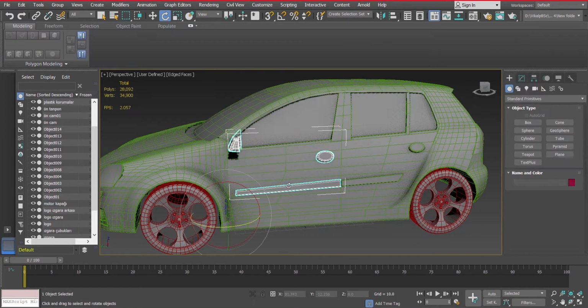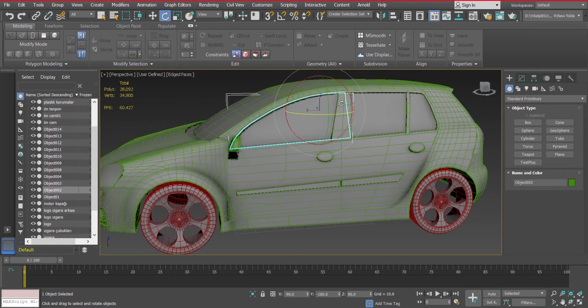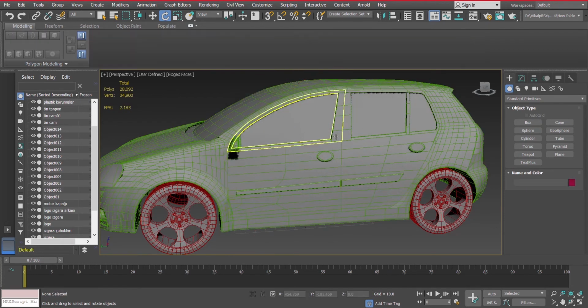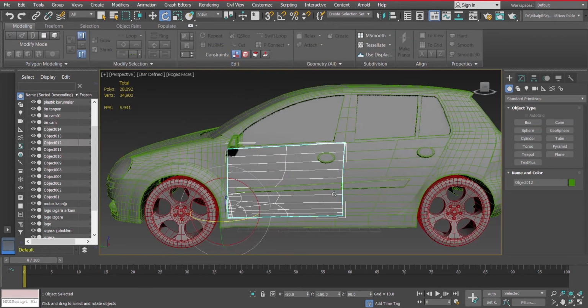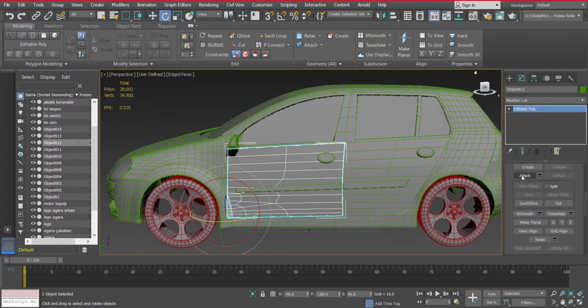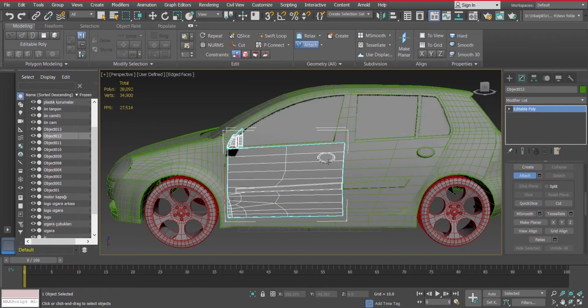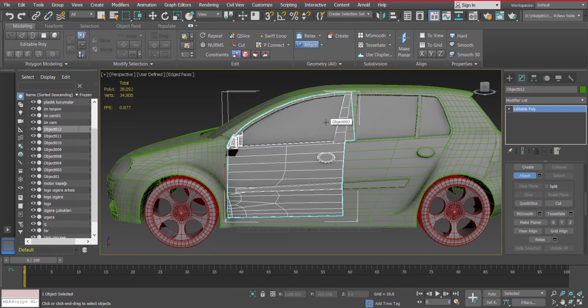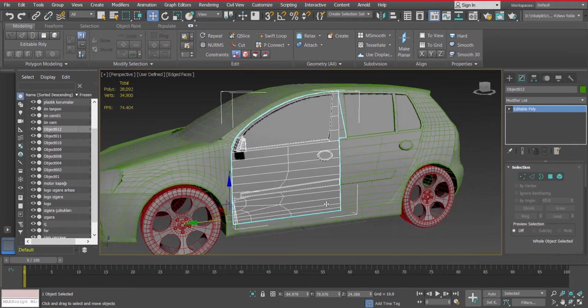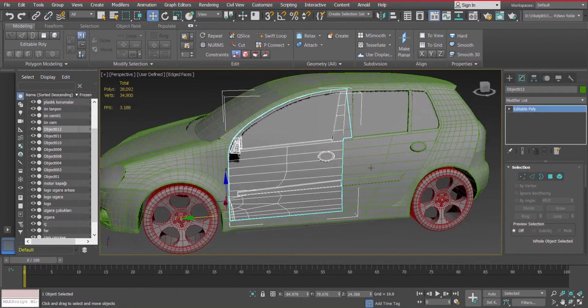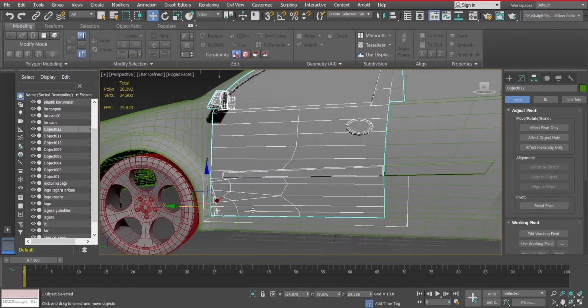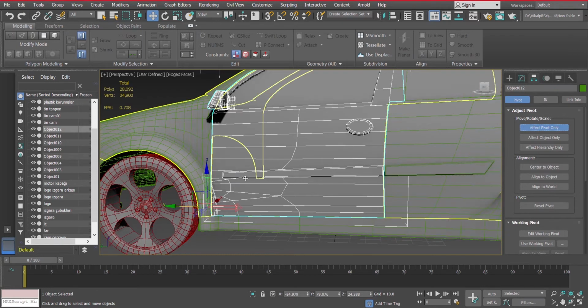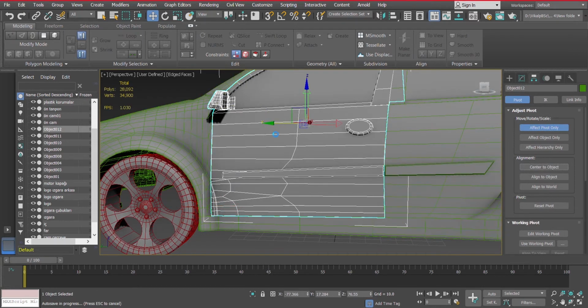Now all the elements of the front left gate are detached. Now I'll take a single element and I will attach it. I'll be attaching the windows as well for now. Now that we've attached our element, we'll move on to the third step, which is pivoting and renaming.